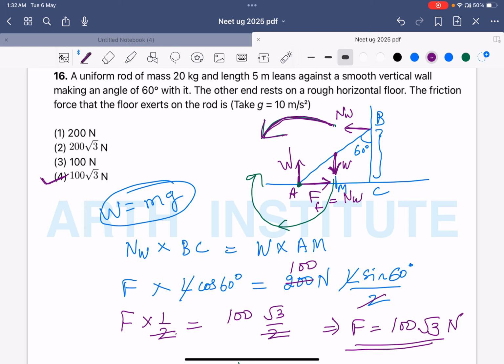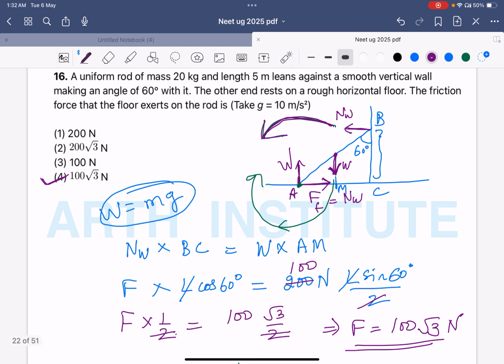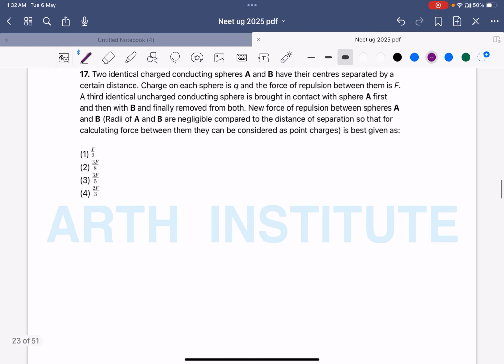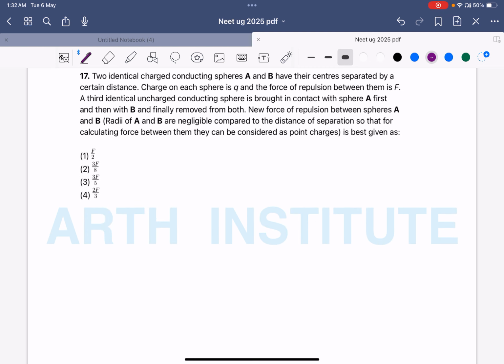इज इट क्लियर? सो इस क्वेश्चन में आपको ध्यान रखना था कि रॉड जो है वो रोटेशनल एंड ट्रांसलेशनल इक्विलिब्रियम दोनों में है। ठीक है, नेक्स्ट क्वेश्चन पर हम आते हैं।